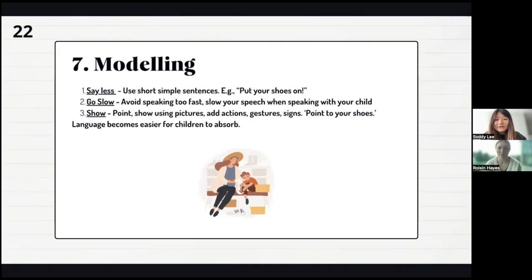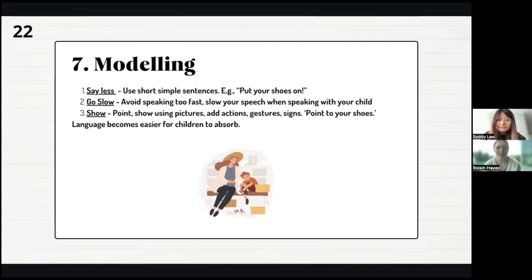Lastly, using visual and physical cues alongside verbal instructions could enhance the student's understanding. While instructing younger students, you might add a gesture. For example, point to the child's shoes while saying, put your shoes on. This visual cue supports the verbal. For older students, while teaching a process, you might physically demonstrate each step while explaining it, showing exactly what goes where. For example, when writing an essay, you could show the essay structure by writing it on a whiteboard.